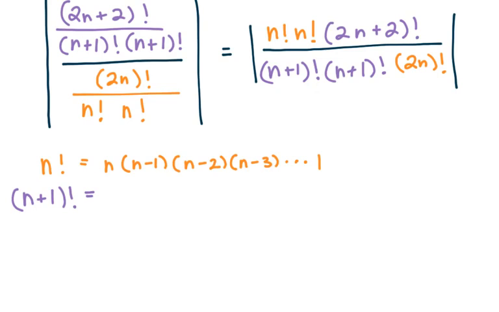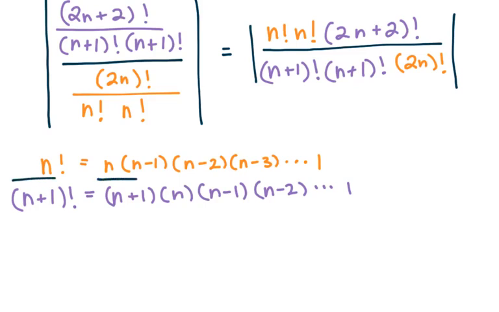So working through this, I've got n plus 1. Take away 1 from that gives me n. Take away 1 from that, n minus 1, n minus 2. Multiplying all the way down until we get to just 1. So if we look at this as a ratio, what we notice here is that